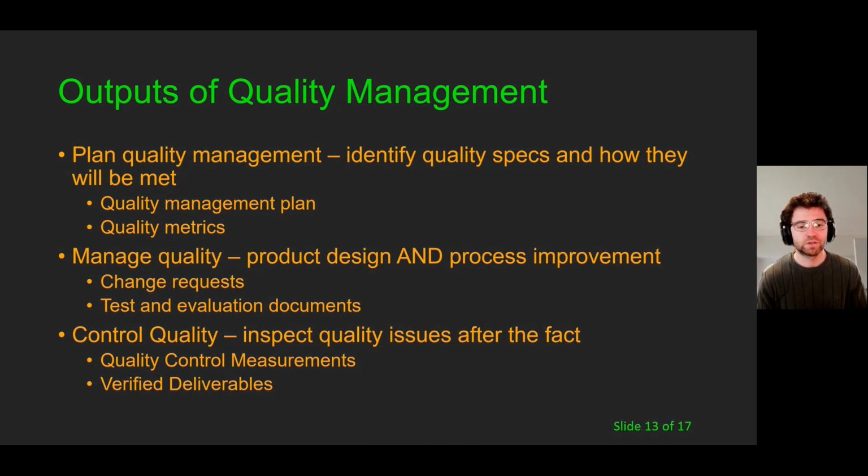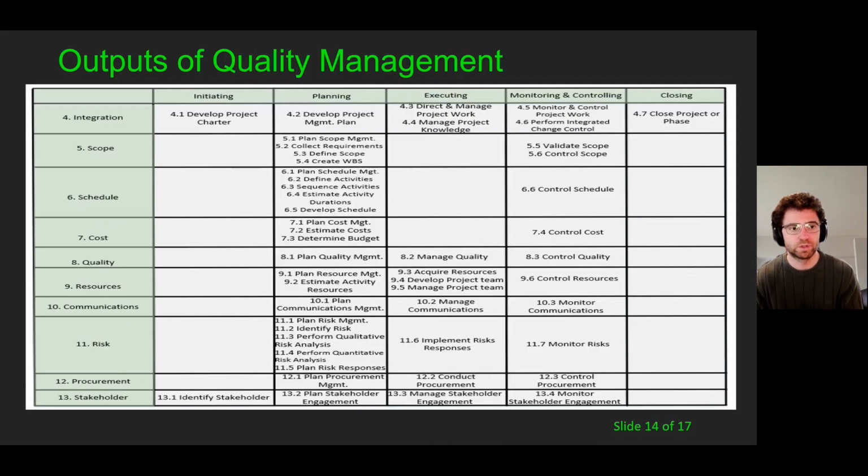In fact, this is not the final step, as we will see here again in our visual for outputs of quality management. You can see when we talk about quality, right, we are roughly around this point in our process groups, and we have monitoring, controlling, and closing to do. So never confuse an output of a particular step of a process group with the closing of a project. Project close always comes at the end.